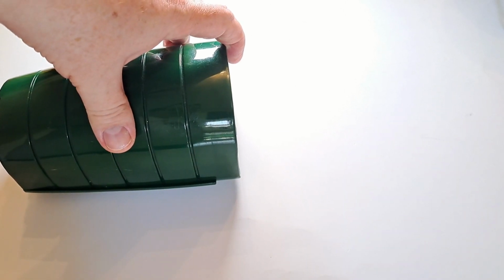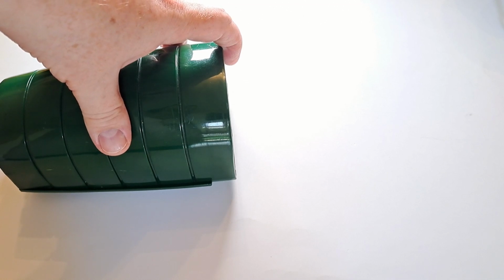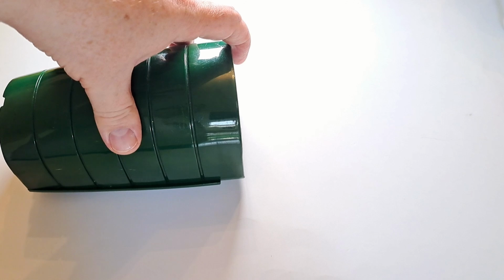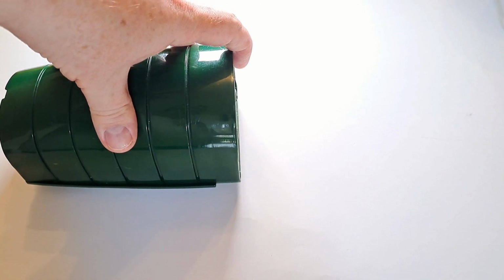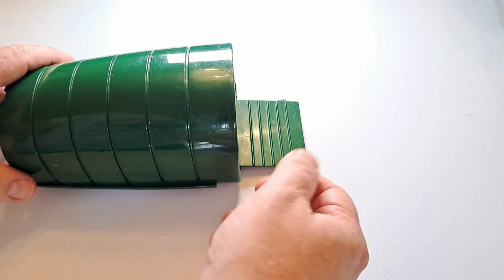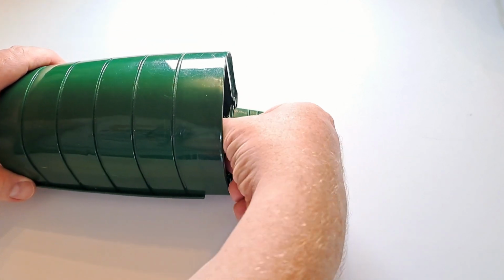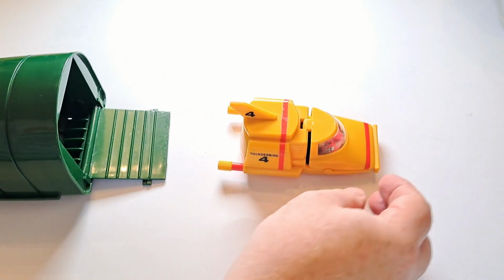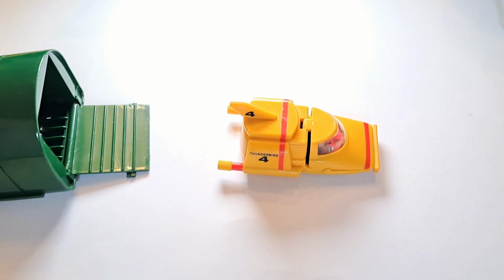Now, this is a much darker green pod, and this comes from the Carlton Thunderbird 2 that came later in the 90s. And as you can see, this one takes a slightly different approach to Thunderbird 4. That probably shouldn't normally just flop down like that, that's just my particular version of it. But as you can see, this is immediately a little bit bigger,